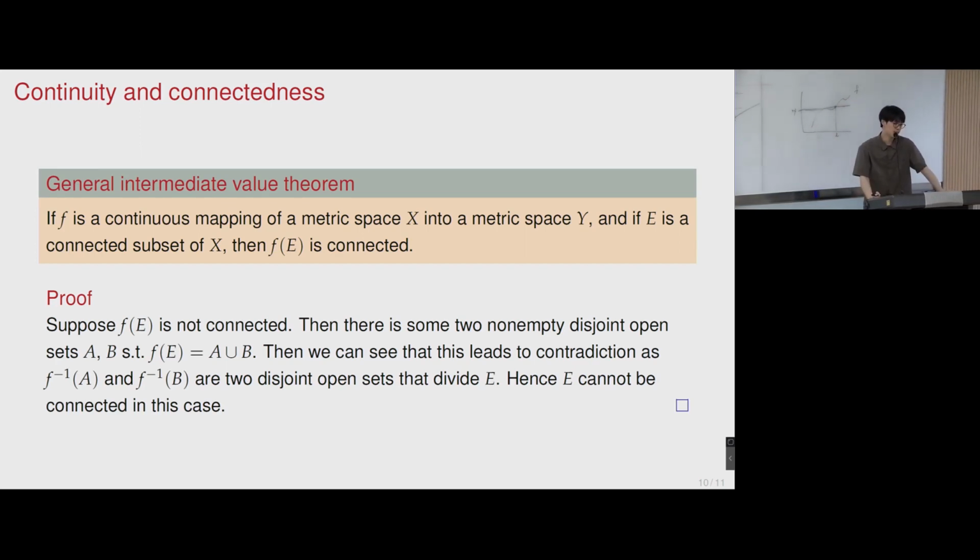So basically what this means is that if f is a continuous mapping of a metric space X into a metric space Y, and E is connected, then the image f(E) is going to be connected as well. It's the same as compact, right? So there's X,